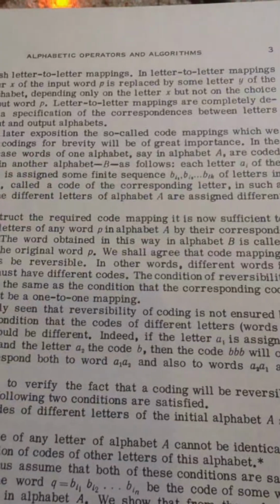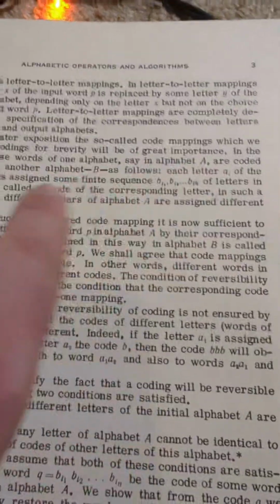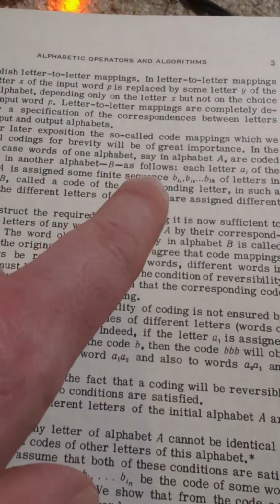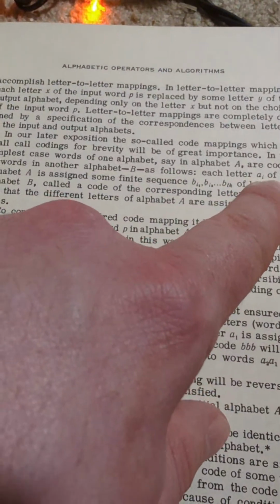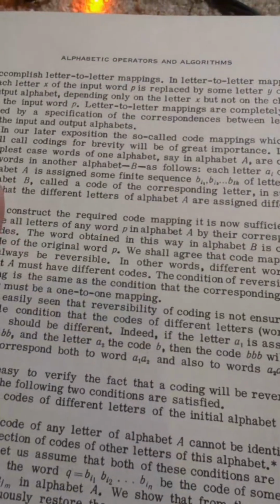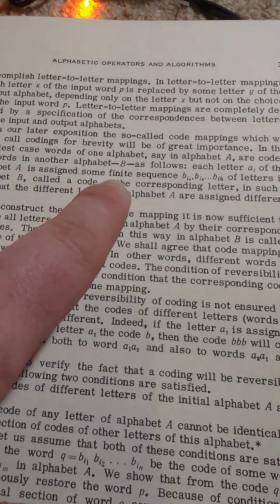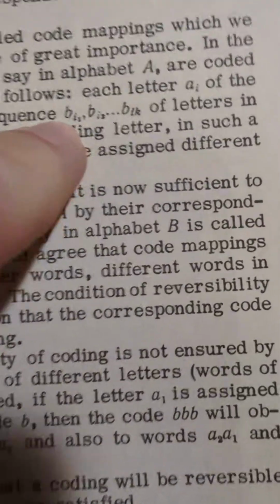In the simplest case, words of one alphabet, say alphabet A, are coded by words in another alphabet B as follows. Each letter a of the alphabet A is assigned some finite sequence B